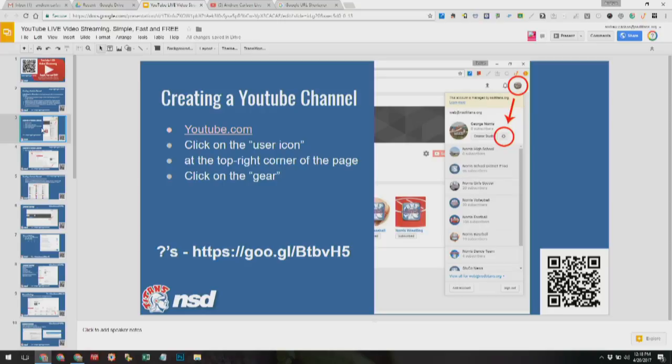Creating your YouTube channel, you obviously go to YouTube, and at the top there's your user icon. You'll click on that and you go down to the gear, and then if you have more than one channel, you'll see all your channels. But at the bottom there's a thing that says view all for that account, or if you just click on the gear, it'll open up